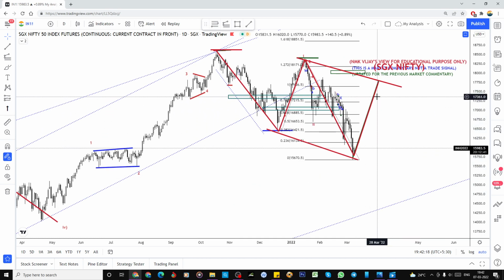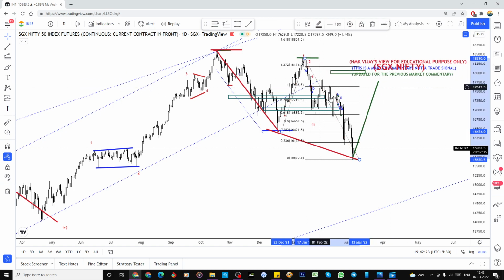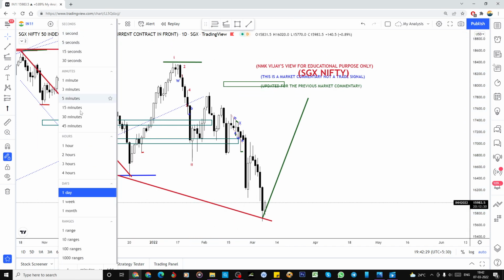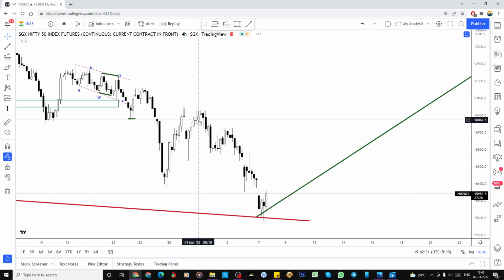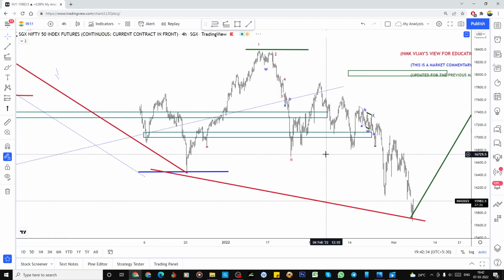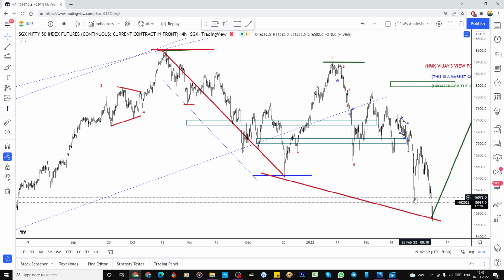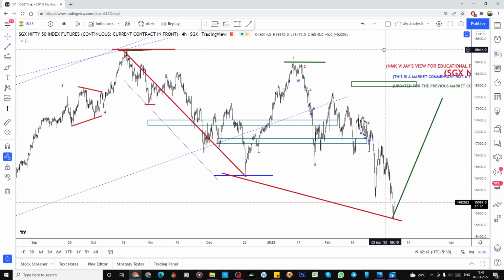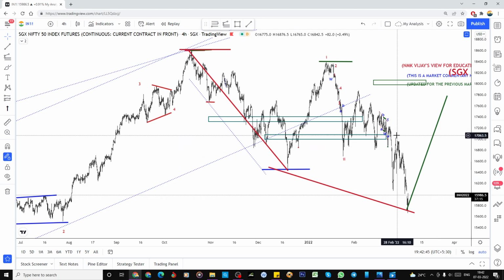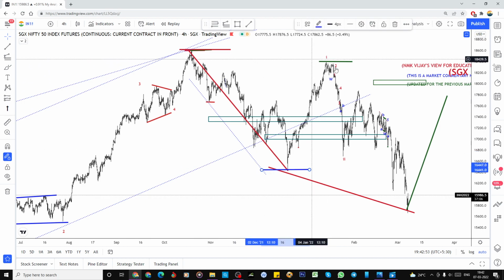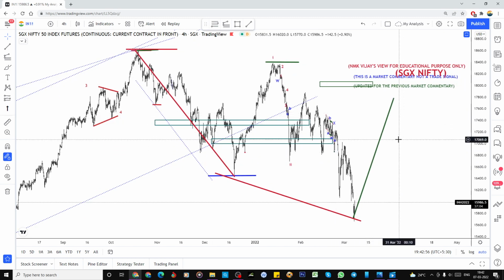This is my bigger view, but how we have to label this part is a little bit confusing. I will explain that. See, these are all my own views, so don't be biased by this. My invalidation I already gave, and from here I was also expecting the upper side to reach my target of 20,500, but it failed. So be cautious, my view is also getting invalid. This is only for educational purposes, according to the Elliott waves I'm explaining here.